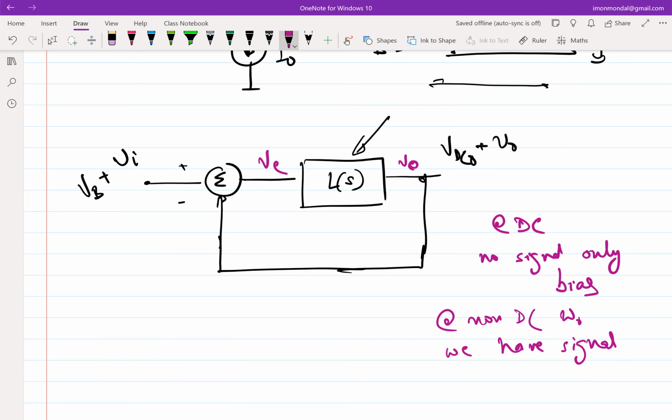So do one at a time. Let's assume that I want to break the loop at high frequencies because I want to know what V0 over Vi is at high frequencies. Open loop V0 over Vi. So I can simply break it here. If I break it here, then V0 over Vi is L of S